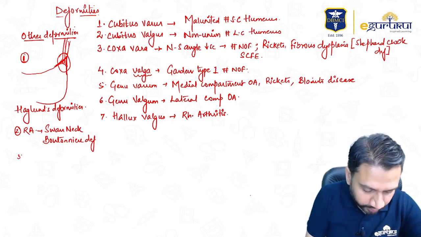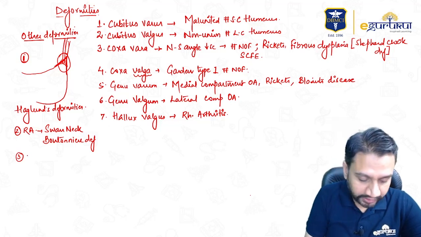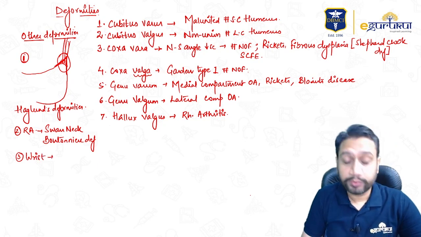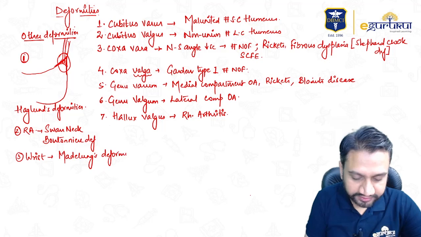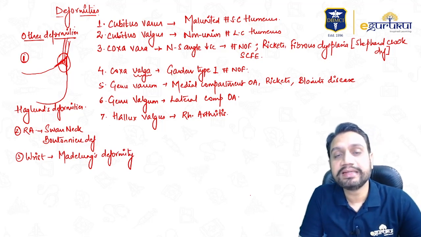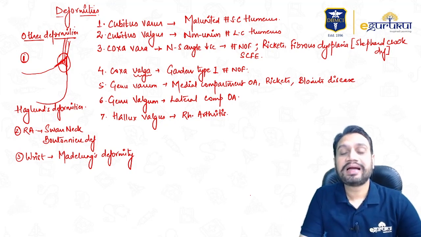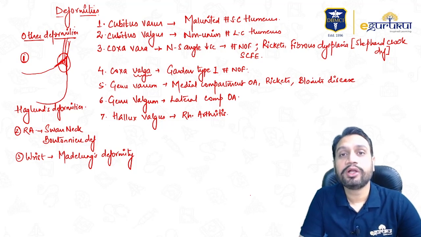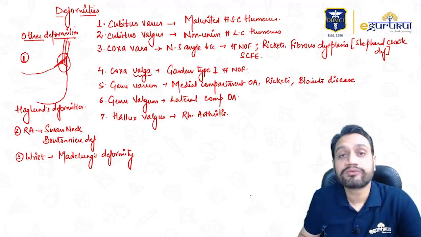Then when you move on to the wrist area, what all deformities can we expect to have in our exams? One, at the wrist, when it is a condition of a child, then we can have something known as the Madelung's deformity. What is that Madelung's deformity? Do you recall? Do you remember? When the distal part of the radius from its medial side, usually from the palmar aspect, fails to develop, fails to grow, what happens? The articulation area of the ulna will be lost and the ulna subluxates dorsally. So it gives you an appearance of something known as the dinner fork deformity.